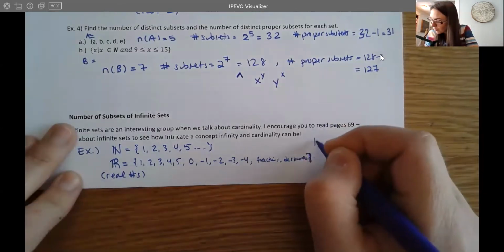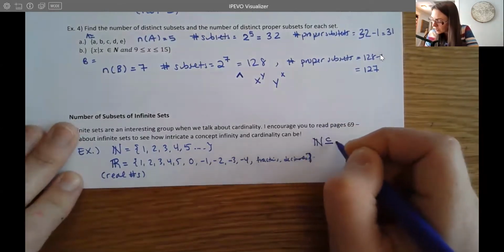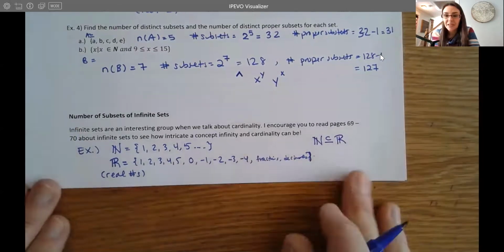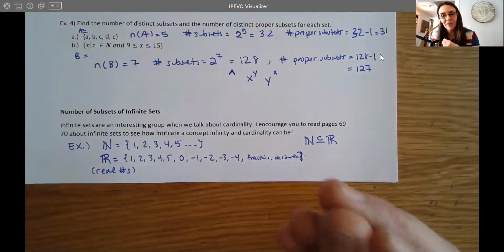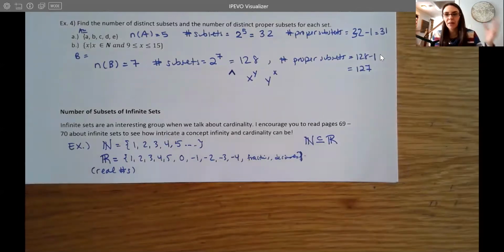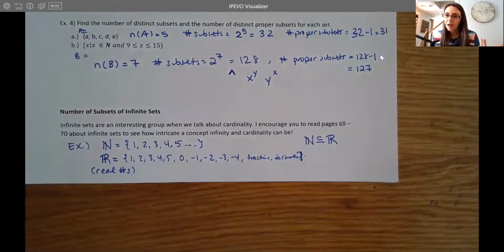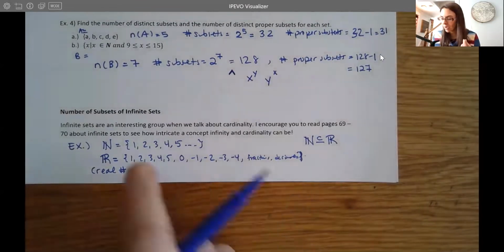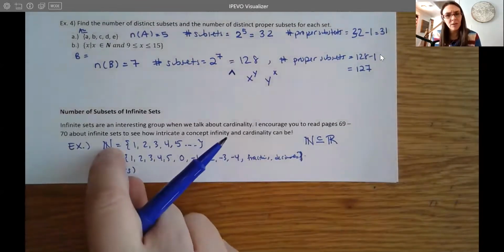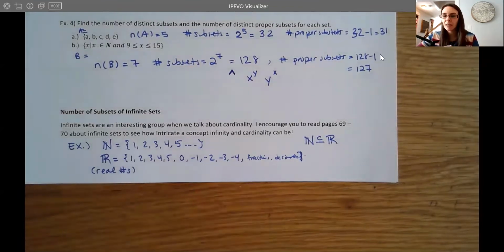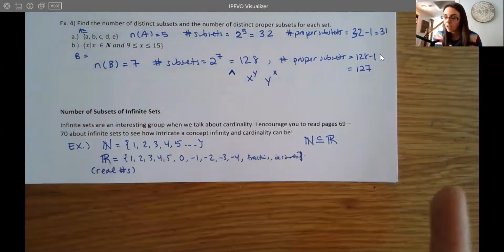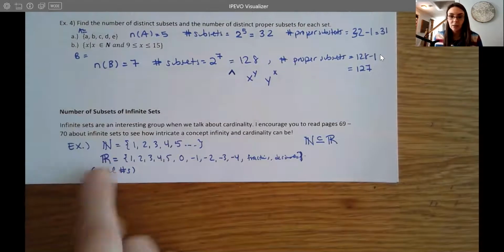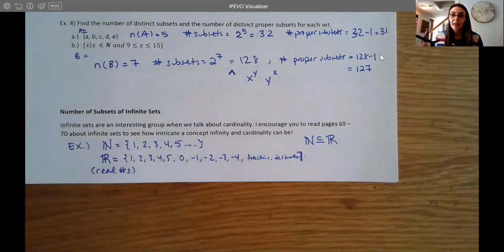So the set of natural numbers is actually a subset of the real numbers. So we have two infinite sets and one is contained in the other. It's kind of an interesting idea because they're both infinite. How does this really work? How do the real numbers have more than the natural numbers? It's a tough concept. So again, if you're interested, check out your text, but do know that we can have infinite subsets as well. The natural numbers are contained in the real numbers, for instance,